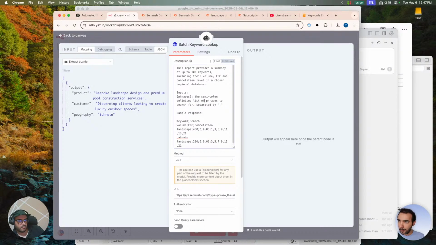Delimited list of phrases to search for. Use plus instead of spaces for